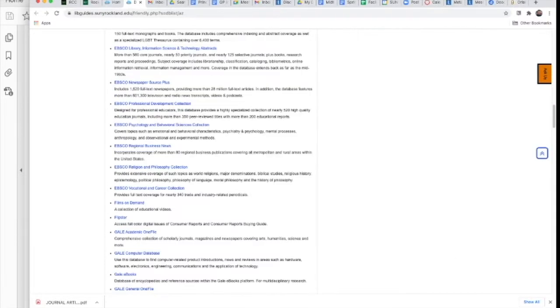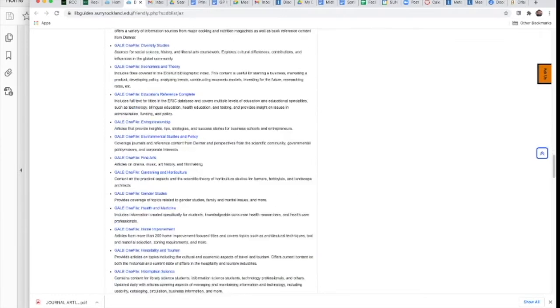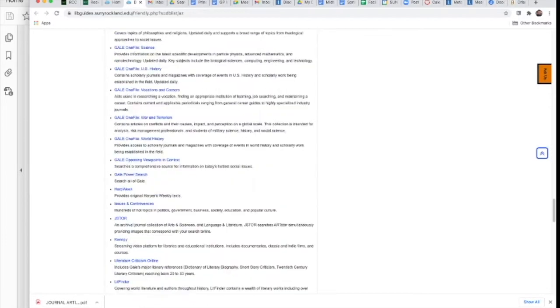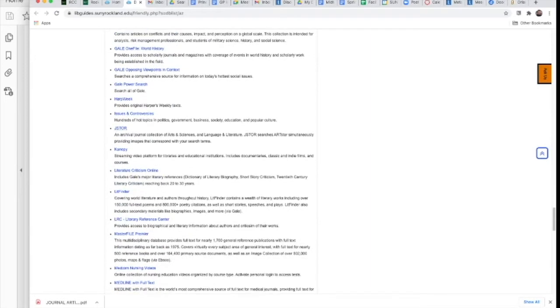Now, if you scroll down and you're looking for the letter J, JSTOR, we're going to scroll all the way down here, and we see JSTOR. It's an archival journal collection of arts and sciences and language and literature. And what does that mean? Well, JSTOR aggregates journals that essentially contain articles published on the humanities, on literature, some social sciences,